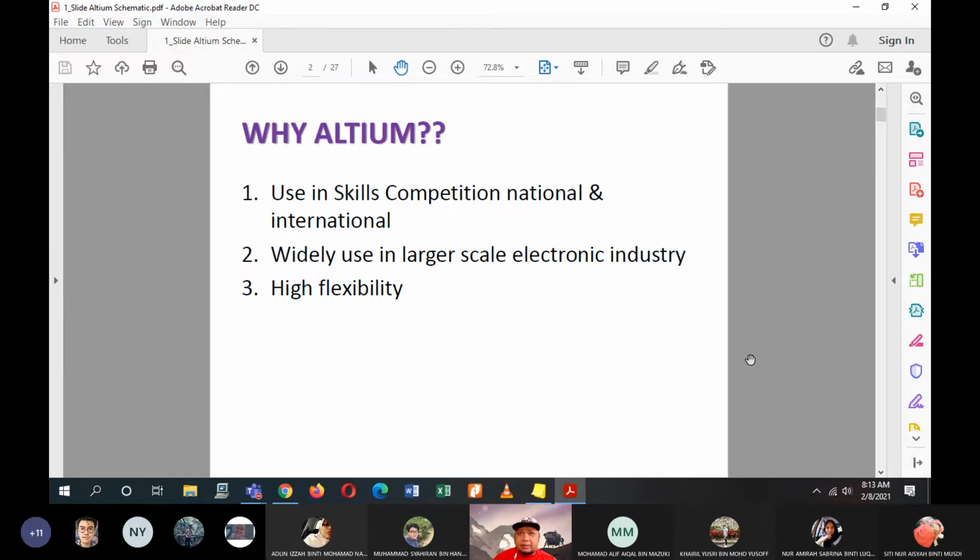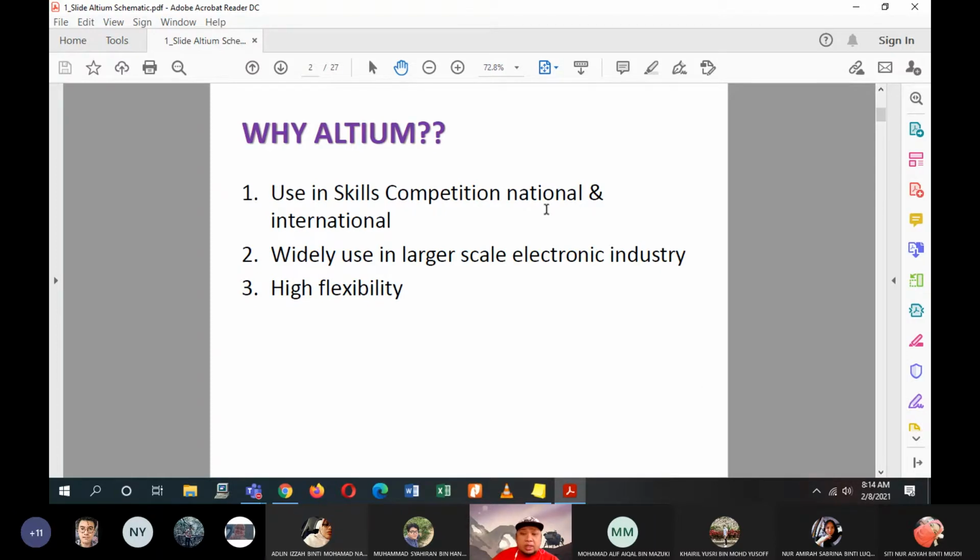We have Malaysian Skills, Asian Skills, World Skills for designing and developing electronic and electrical circuitries. The software widely used for designing PCB boards is Altium, so that is why we also use Altium.